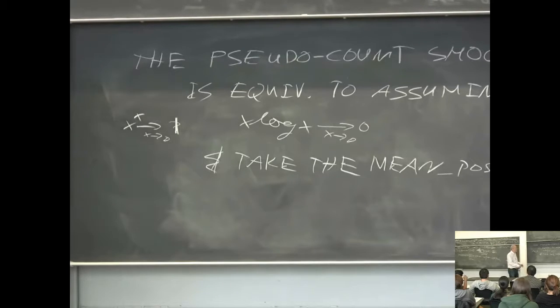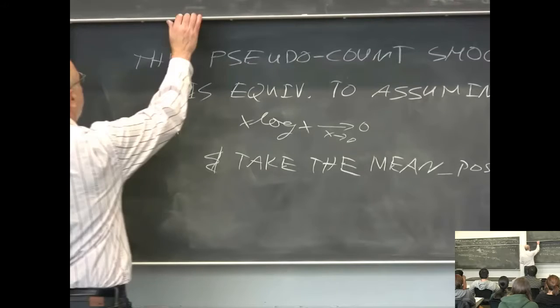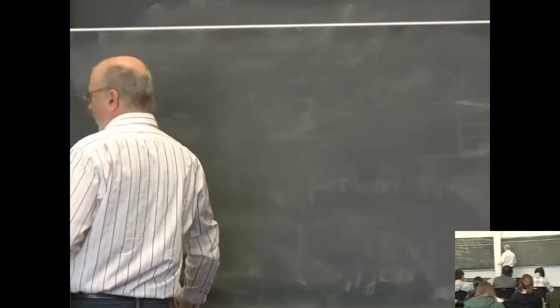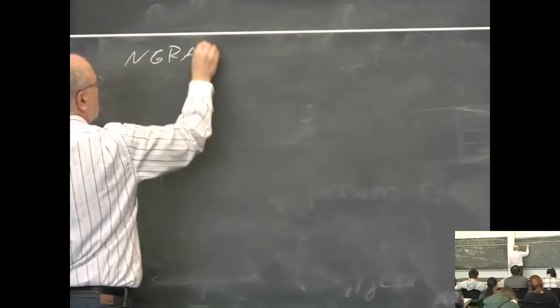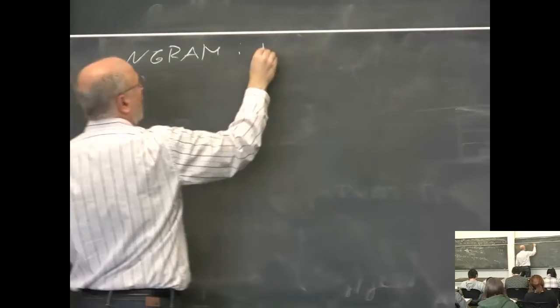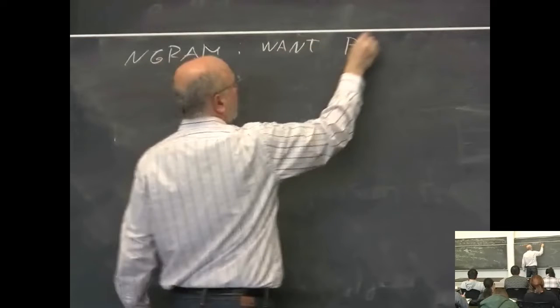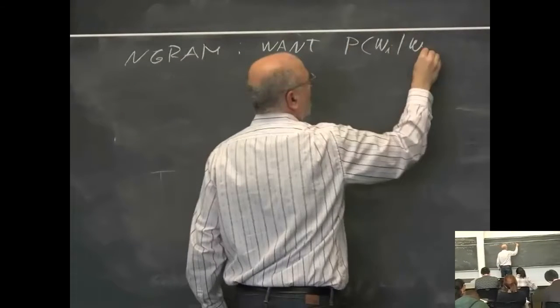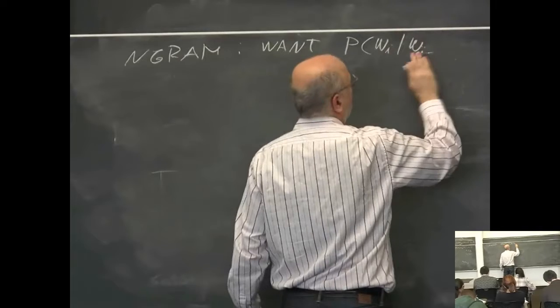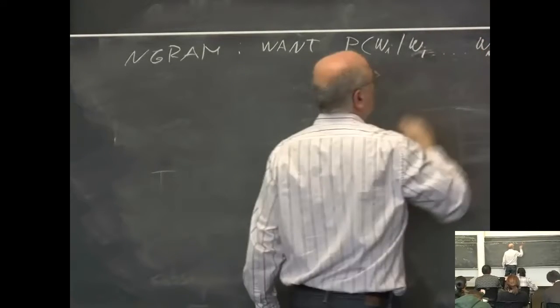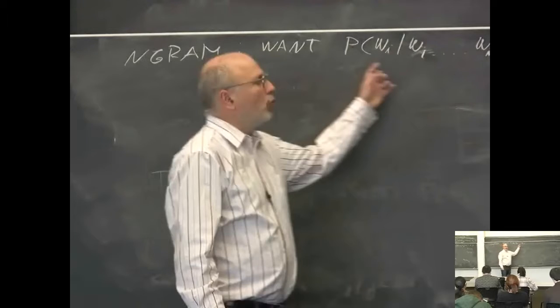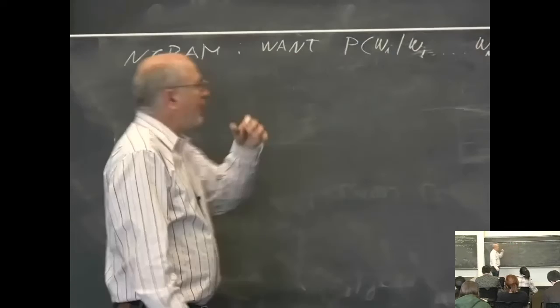I want to show you one other method of dealing with sparseness when it comes to a hierarchy of models. So the n-gram can be thought of as a hierarchy of models. For an n-gram, your goal is to estimate the probability of word i given word 1 through word i minus 1. This is the true thing you're after. And what you have in your hands,